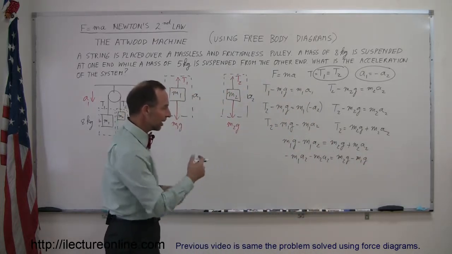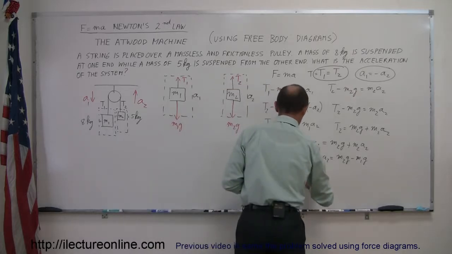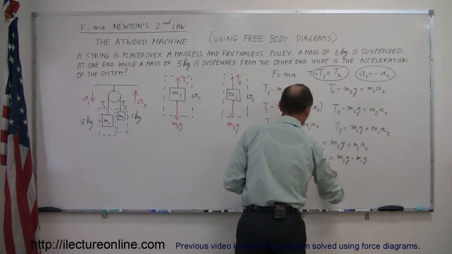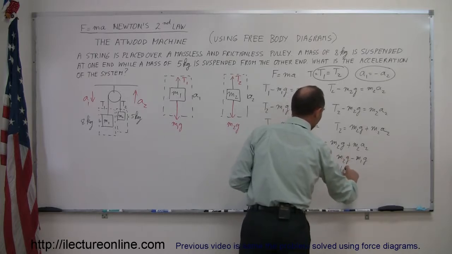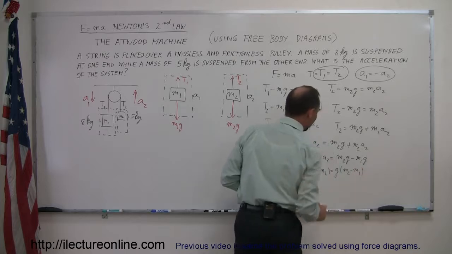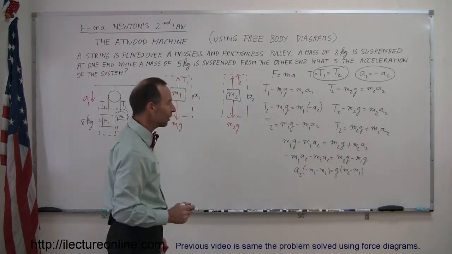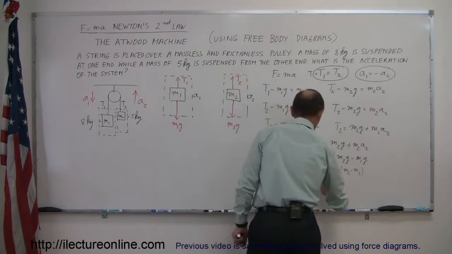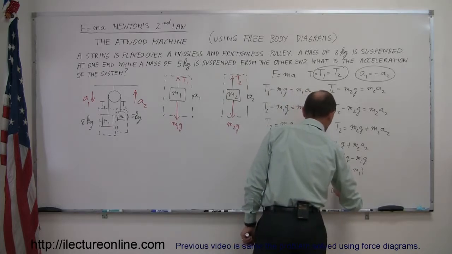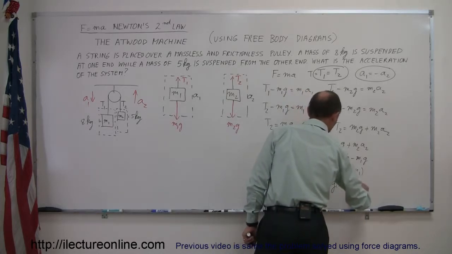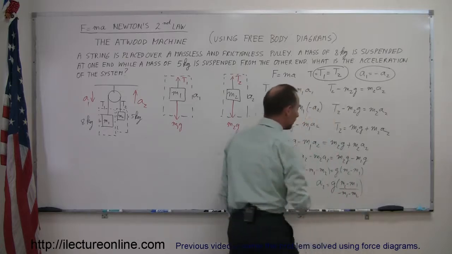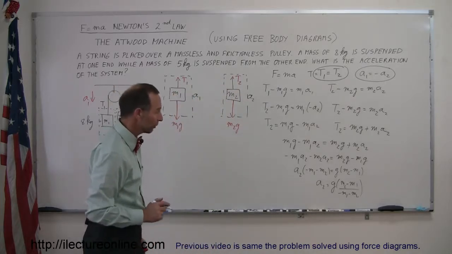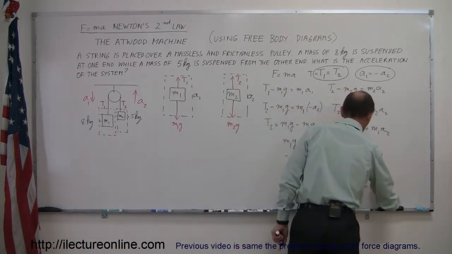Factoring out an A2 on the left side and a G on the right side, we have A2 times minus M1 minus M2 is equal to G times M2 minus M1. And then dividing both sides by minus M1 minus M2, we have A2 equals G times M2 minus M1, divided by minus M1 minus M2. And then we go ahead and plug in the numbers, what they're equivalent to. So this is equal to 9.8 meters per second squared